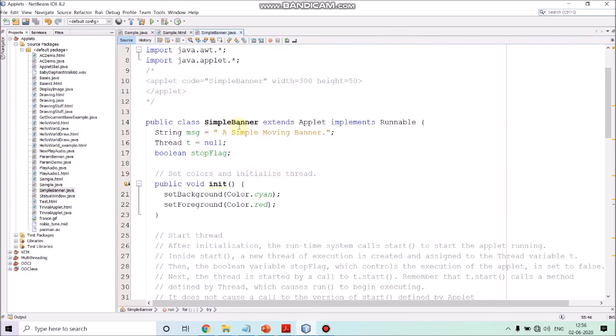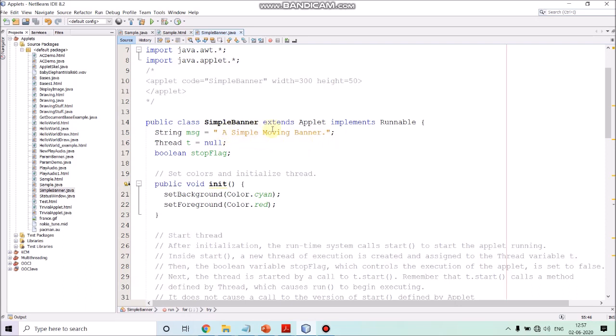Our SimpleBanner extends Applet, so it's an applet class, and since we are creating a new thread to display the message, it implements the Runnable interface also, so it becomes a thread also. We have a data member called message, of type String, that we are setting to "a simple moving banner".